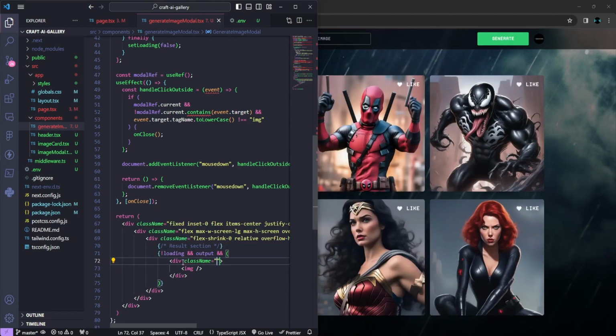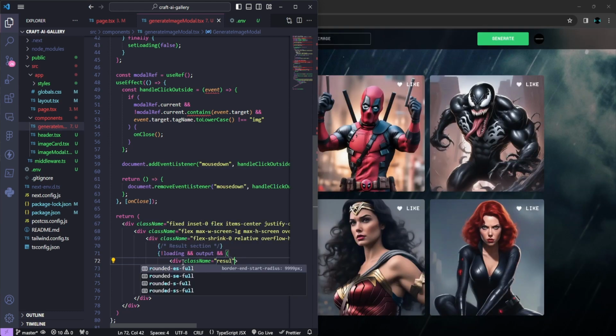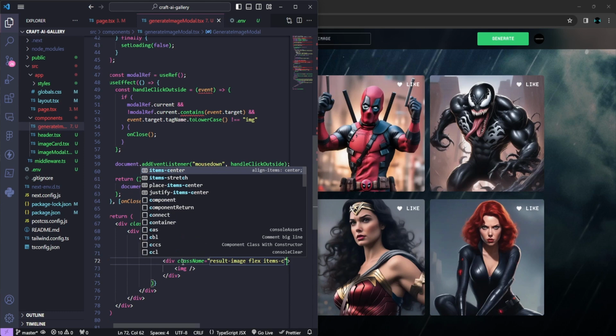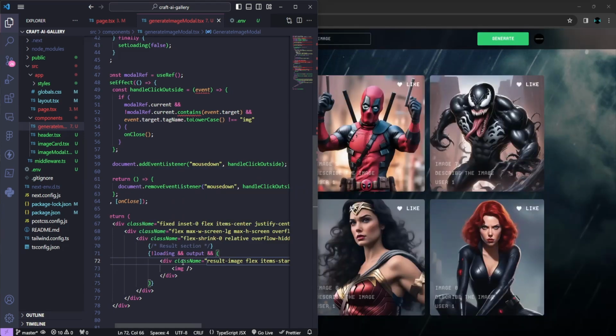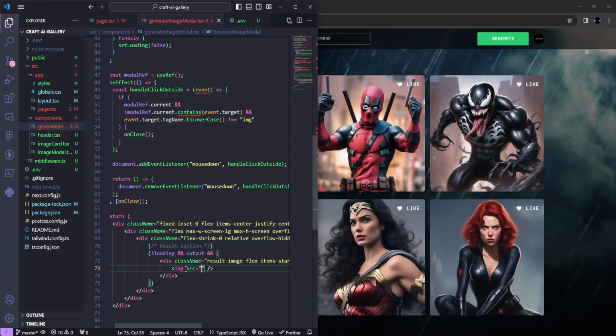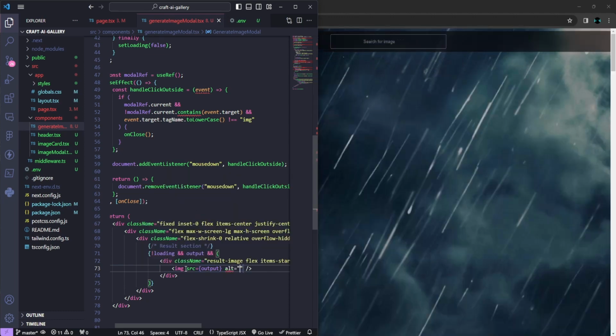For this div, class name result-image, flex and items-start, and for this image, src output, alt art,